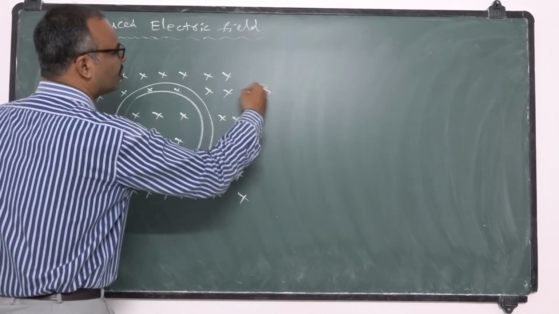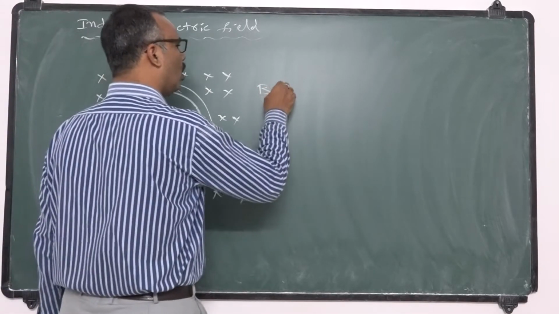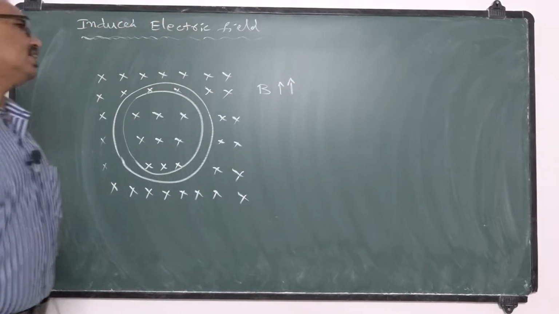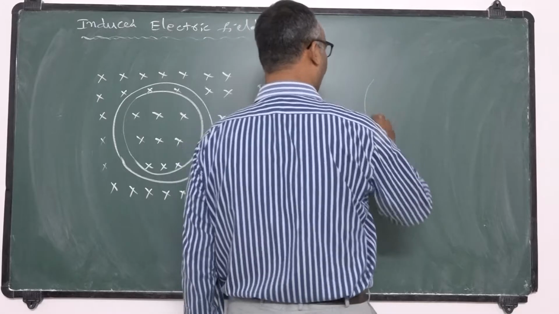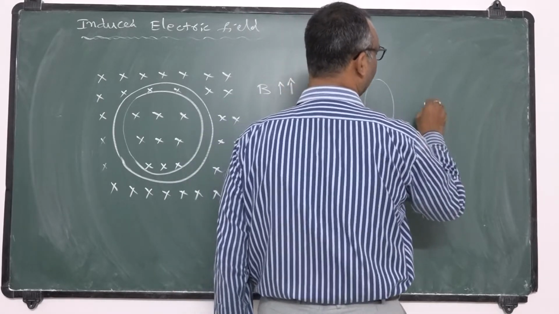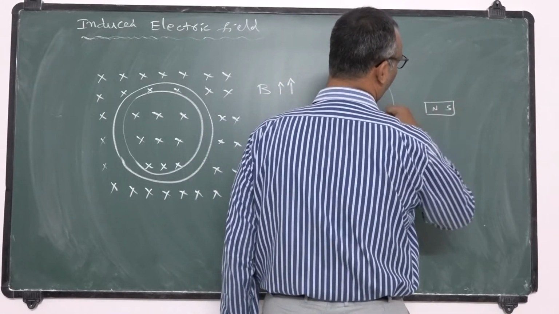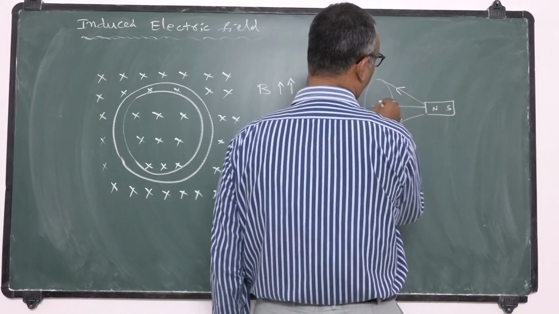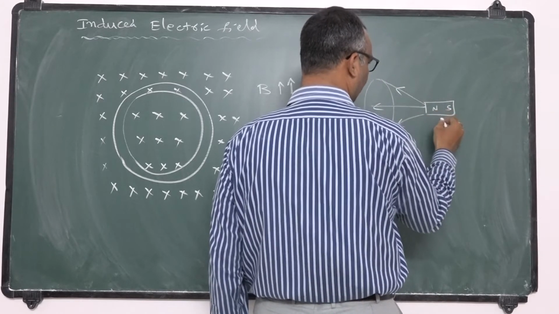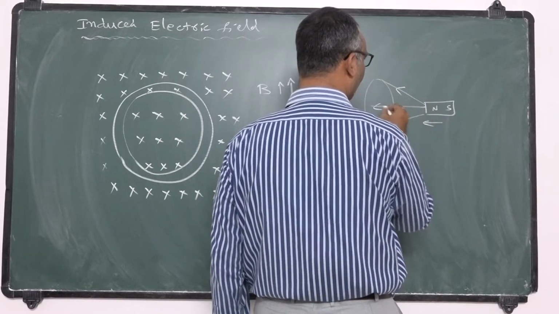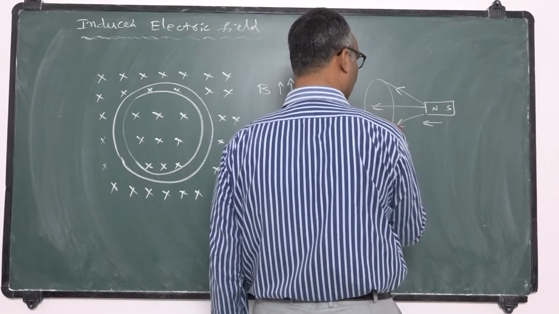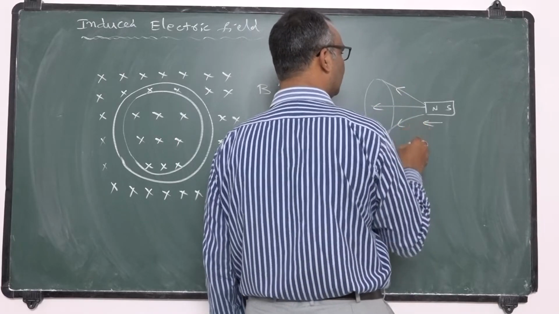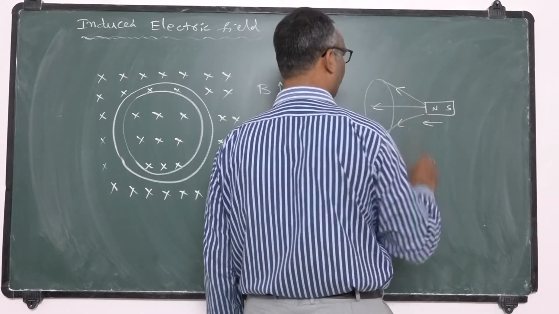If B is the strength of the magnetic field, and you are going to increase the strength of the magnetic field, what does it mean? Suppose the same ring, side view, with a north pole and a south pole. If you are bringing this magnet towards the ring, the strength of the flux linked with the coil is going to increase. This is not a uniform magnetic field.